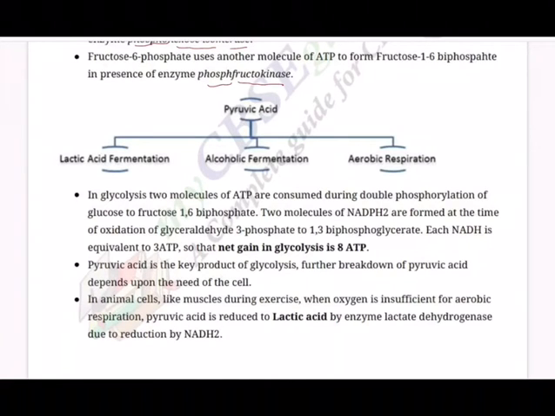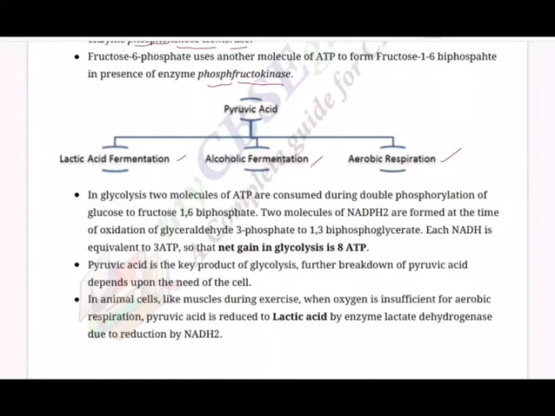So pyruvic acid is taking part in these 3 steps: lactic acid formation, alcoholic fermentation, and of course aerobic respiration. So in glycolysis, 2 molecules of ATP are consumed during double phosphorylation of glucose to fructose 1,6-biphosphate. 2 molecules of NADH are formed at the time of oxidation of glyceraldehyde 3-phosphate to